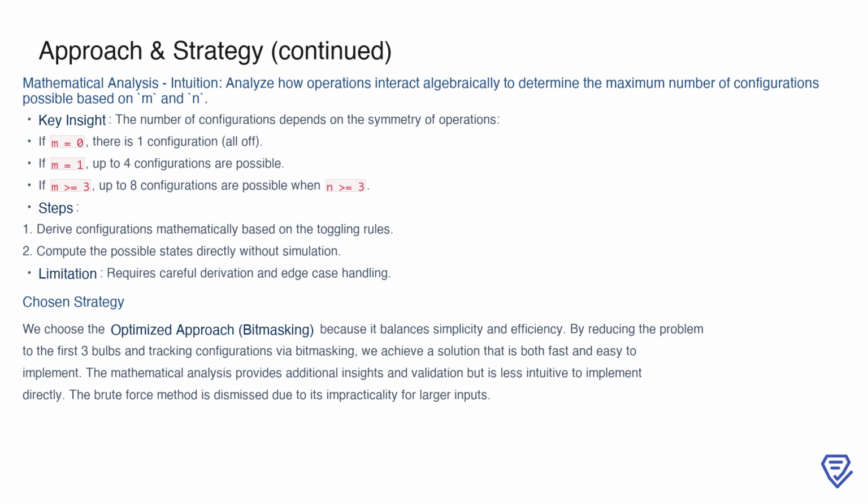By examining how the operations interact algebraically, we can derive the maximum number of configurations for different values of m and n. For example, when no operations are performed, m equals 0, there is only one configuration where all bulbs remain off. With one operation, m equals 1, up to 4 distinct configurations can be achieved. For 3 or more operations, m equals 3, and when n equals 3, the number of configurations reaches a maximum of 8. This analysis helps us understand the inherent symmetry and constraints of the problem, allowing us to compute configurations